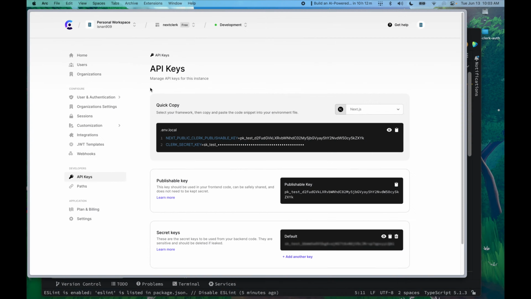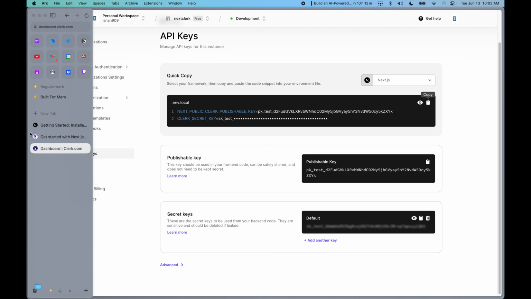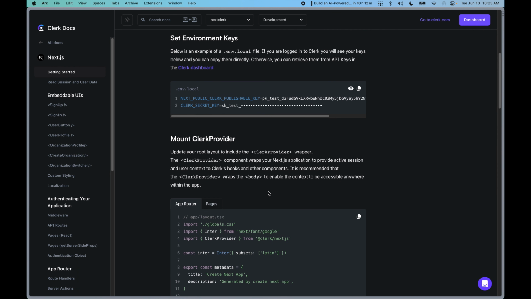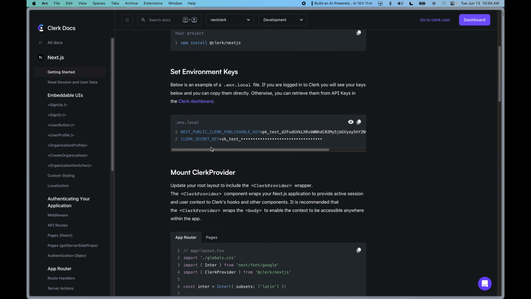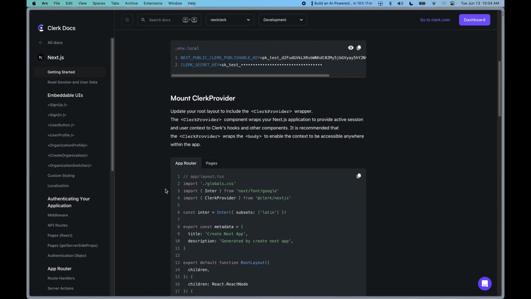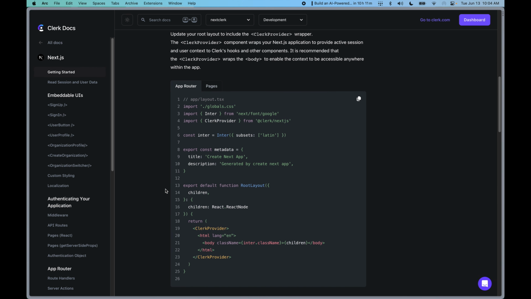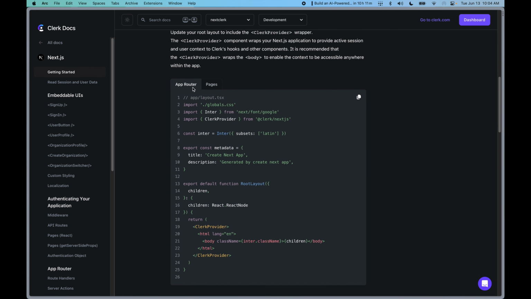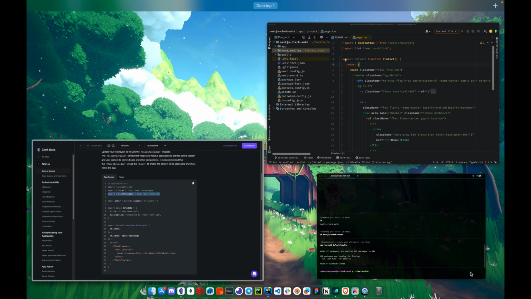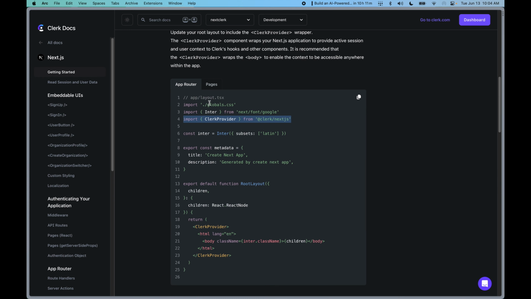So if we visit the documentation again, let's go ahead and visit there. And what it tells us is, first of all, we need a provider. So what is a provider? A provider is simply a wrapper which wraps our entire application. As we are using the app router, we select app router, and it tells us we first import the Clerk provider. Let's go ahead and import the ClerkProvider inside of layout.tsx, and